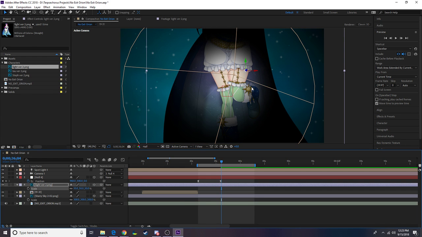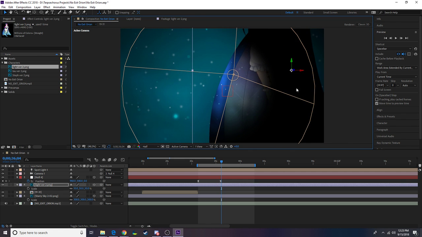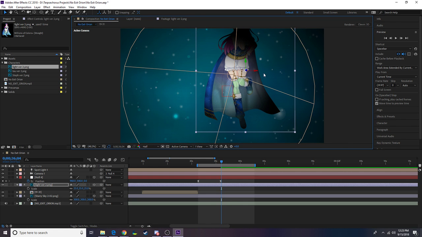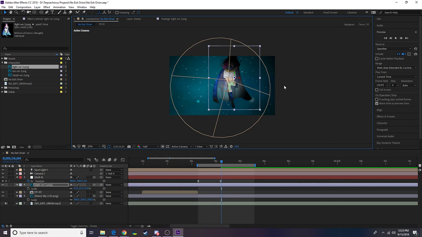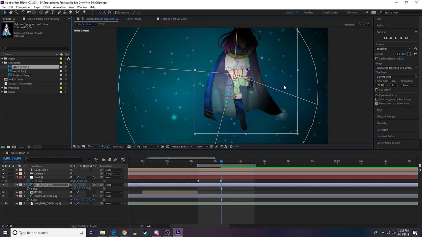I like this effect, and to do that, I have two options. I can make her bigger and move the light, or I can move the camera closer to her. I think I'm